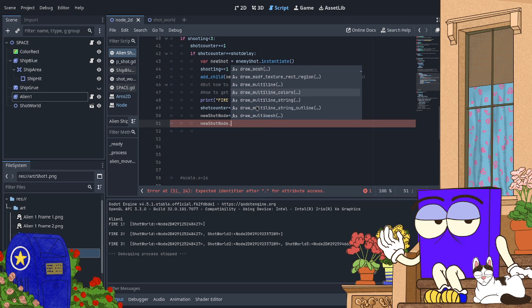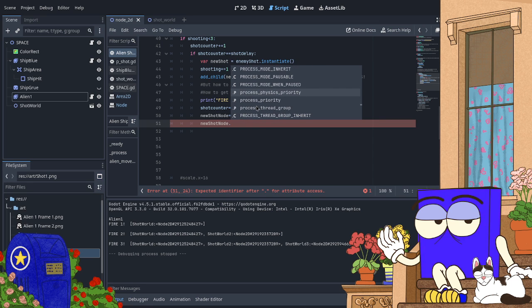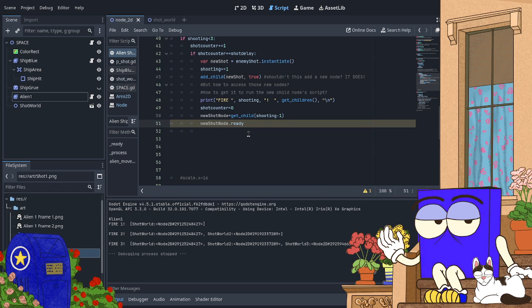Shot node. This is interesting because this node is not really defined yet. Okay, this pop-up is showing up. That may be what I want. Will it be?